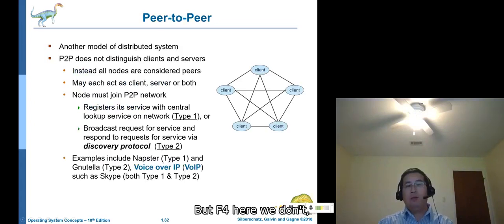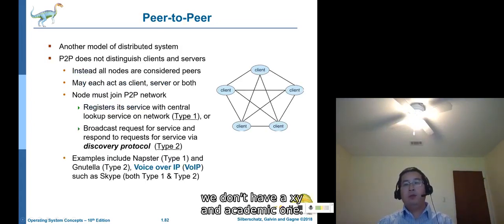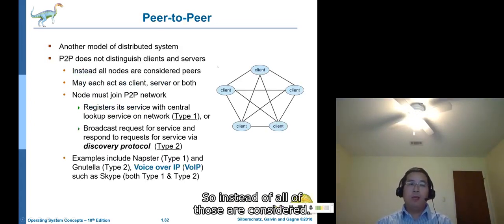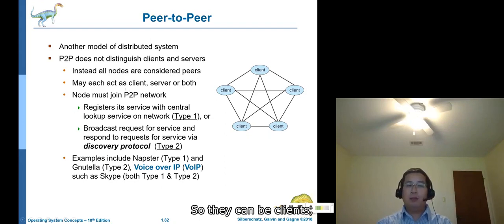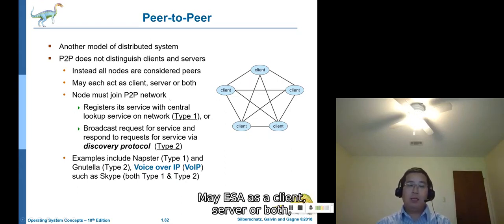But here, we don't assign it like that. Instead, all nodes are considered peers. So they can be clients, they can be servers, they also can be both. So that's the difference. Okay? Each may act as a client, server, or both.